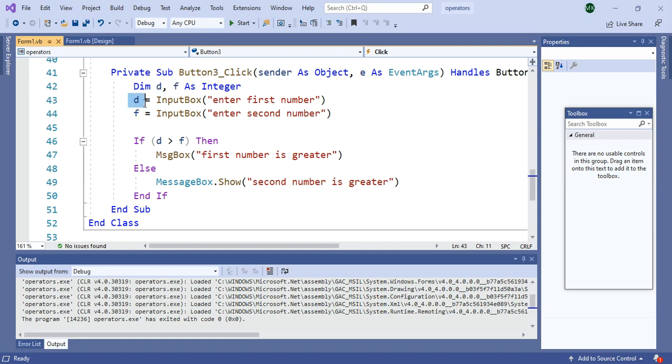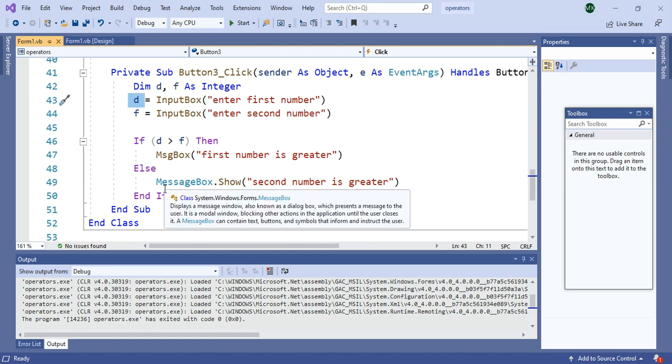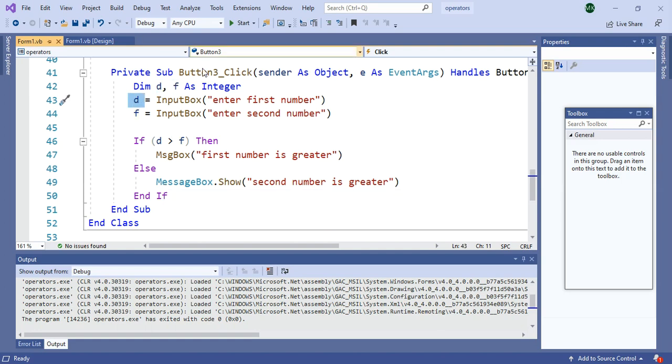Next, D is equal to. After running, if you remember, there was one box, the input box. How to create that input box? You have to just write InputBox, then in brackets, in double inverted commas, Enter first number.